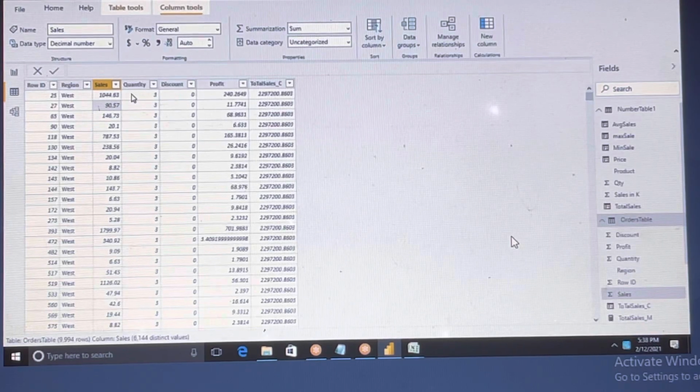Yeah. So if you want to do row level calculation, then you can go with a new column. If you want to do aggregation or calculation based on the column level, we have to go with a new measure.